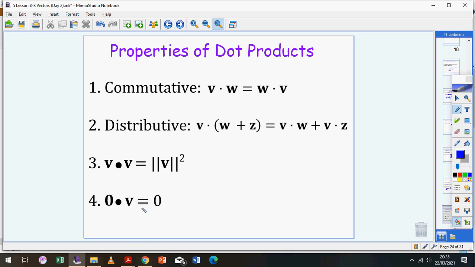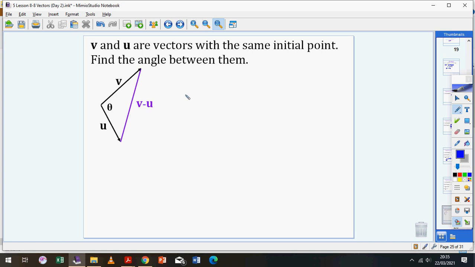The dot product of a vector with a 0 vector is equal to 0. And yeah, so we can use our knowledge of the dot product to find the angle between two vectors. So imagine you have these two vectors, u and v. They have that angle theta, which we don't know. I can use the cosine law to figure out what this angle is, what the angle theta is. From the cosine law,